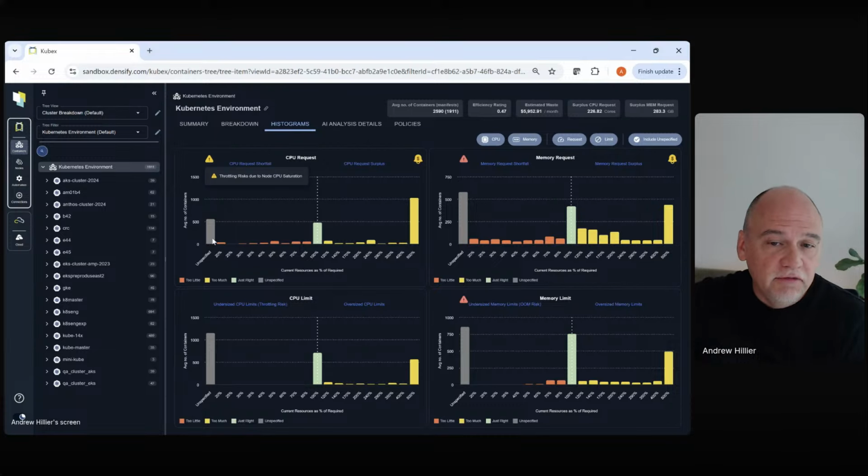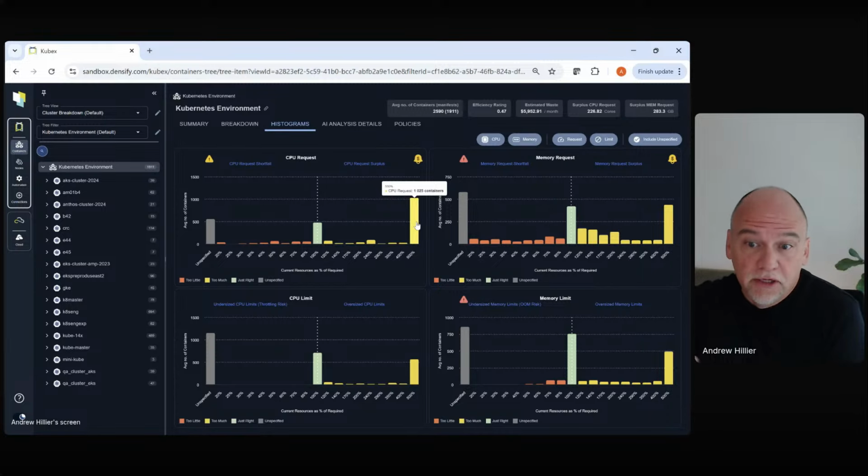The gray is unset. You didn't give it a value. I love your advice there. Always set requests. In kube-system, sometimes we see them not set, but outside kube-system, you want to have a request value. So there's a bunch that don't have requests, which create risk. But the big story here is this big yellow bar. Over 1,000 containers are 5 times bigger than they need to be, or bigger than that, 5 times or higher. And this is what creates that cost problem.